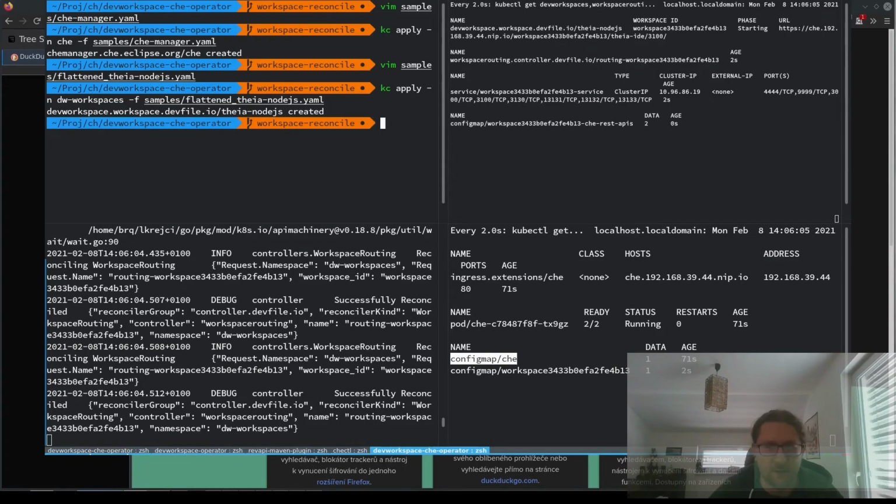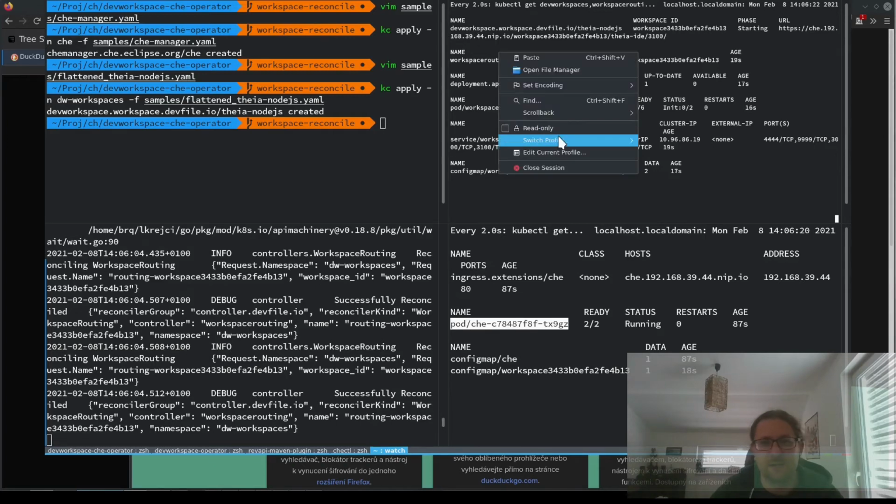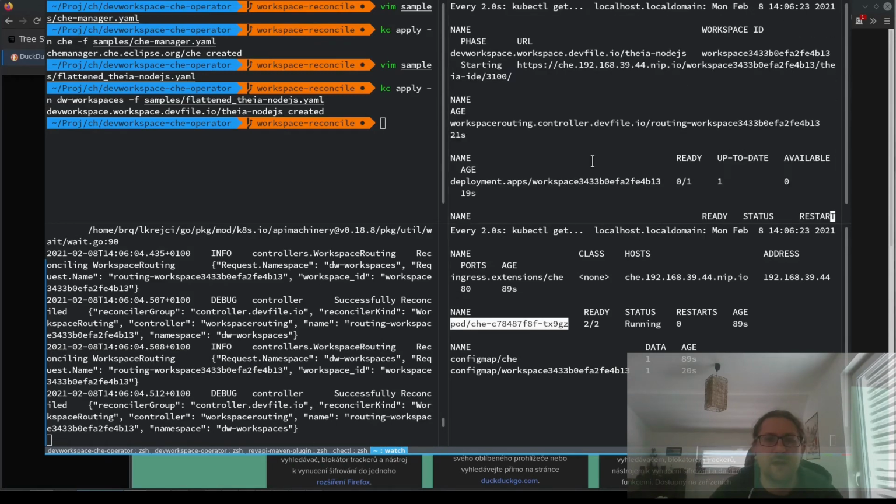we're going to see a couple of things. There is a new configuration in the namespace of where Traefik is, which basically reconfigures Traefik to route traffic to this workspace. And in here, let me make that bigger. In here, I have the deployment of the workspace itself. You can see that the workspace that I deployed is now starting,